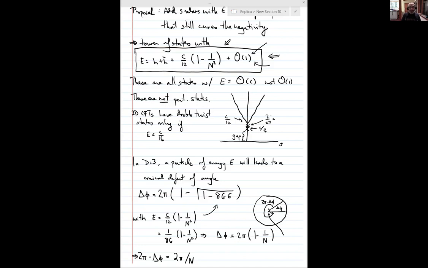And the reason it makes no sense is that when n goes to infinity, E goes to C over 12. That means that you're adding in an infinite number of states with a finite amount of energy. And so that means that clearly the partition function diverges, right? Usually you can never add an infinite number of states with an energy that is bounded above, right? The partition function would diverge. However,